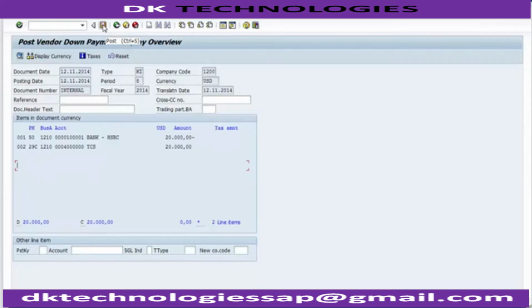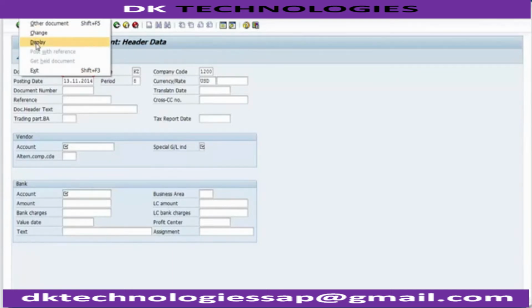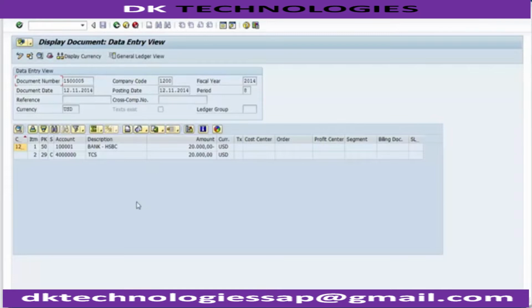So I am clicking on the post, and now it will generate a document number. 1500005 is the document which has been posted. If you want to see the document, there are two options. Either you can directly move to the top, document display, and this document will be reflected to you as a display, or else you can go to the transaction code